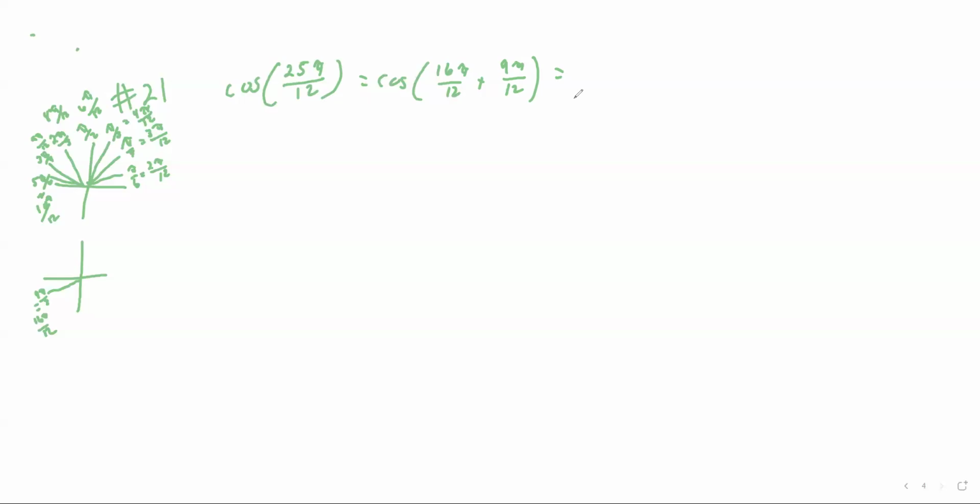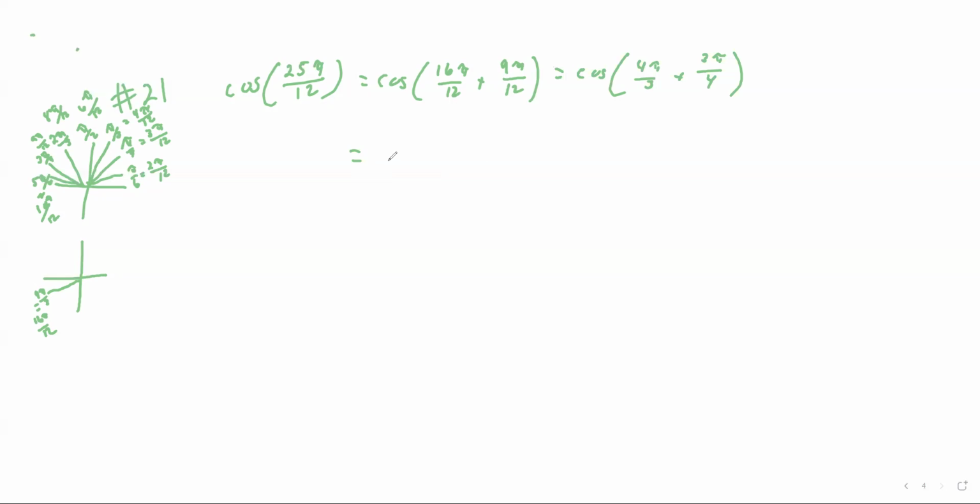Now I want to simplify them back to their normal. So this is the same thing as cosine 16 pi over 12s, which is the same thing as 4 pi thirds. Again, 4 goes into each one of those, plus 9 pi 12ths, which was the same thing as 3 pi fourths. Right? That right there, again, multiplied by 3 gets this right here. So this is what I'm looking at. So when I work this problem out,